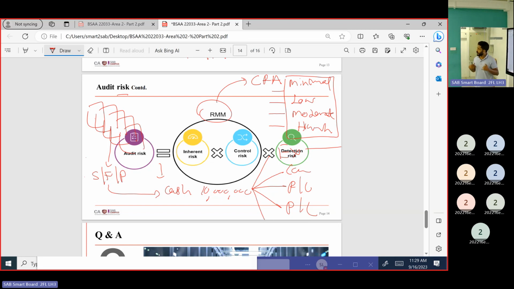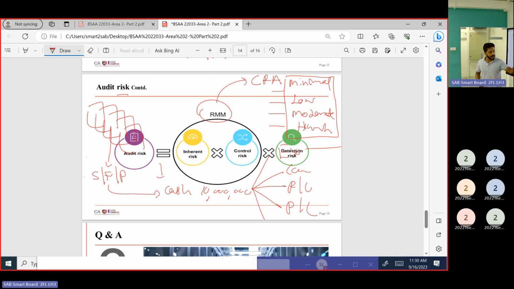As the auditor, we have to test these assertions. So then the risk will be created from the assertion level. Whether this existence is there or not, management is saying about existence of cash this much. It's creating a risk. Whether that is correct or not? For that, we have to evaluate the risk at the assertion level.